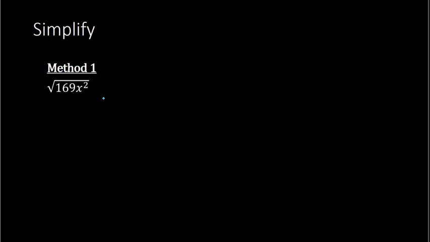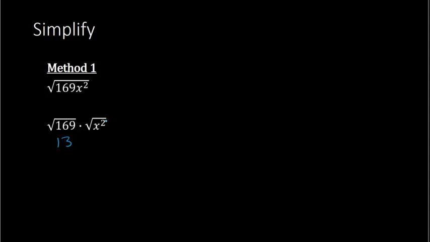Now to simplify, there are different ways you can do this. Using this first method, I can separate this as a product of two different radicals. I can write this as the square root of 169 times the square root of x squared. So I broke this up into two radicals, and the square root of 169 is going to be 13, and